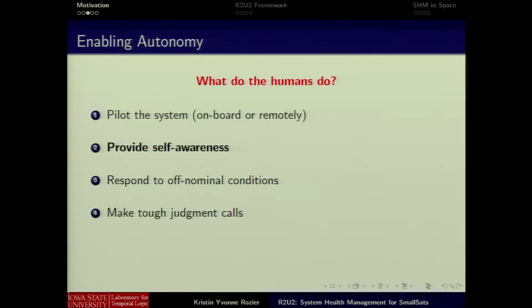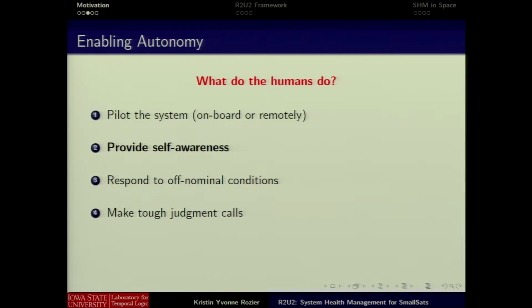So then we move on to the question of humans providing self-awareness. How do we do that? You know, if a human had been on board a, for example, landing spacecraft or aircraft that was saying that it thought its altitude was negative, and the human was looking out the window going, no, no, no, the ground is definitely down there, right?